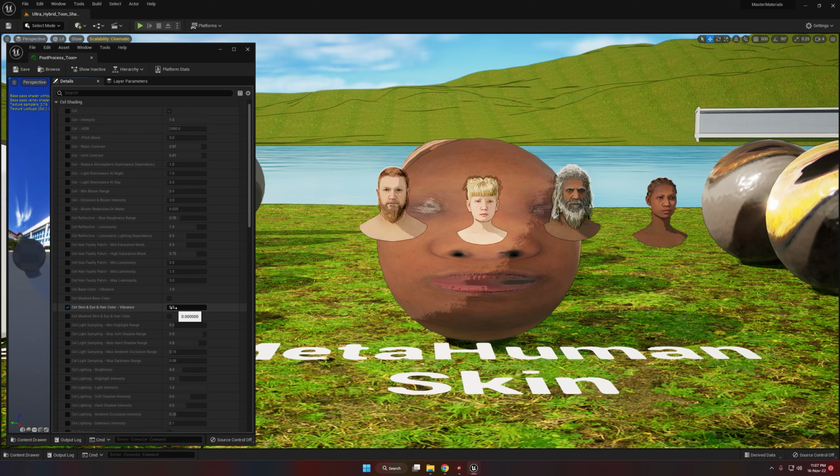If I increase it to 1, as you can see, the black characters turned red, and the white character turned a yellowish color,